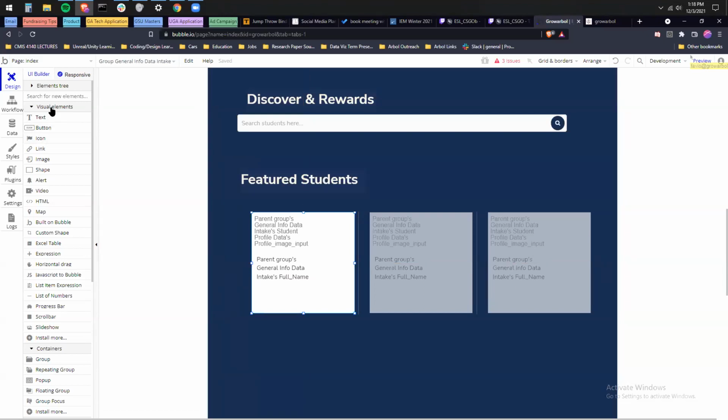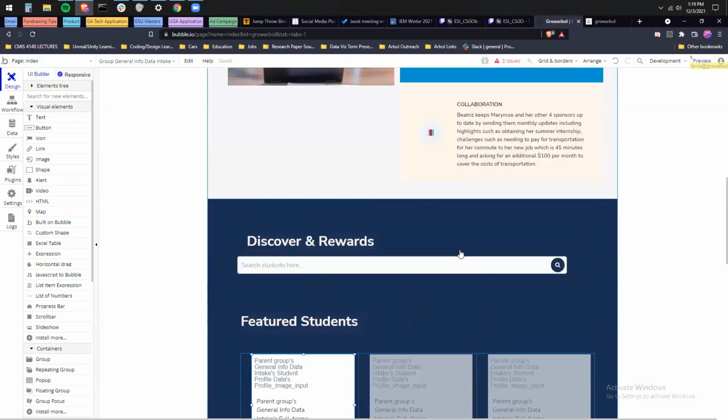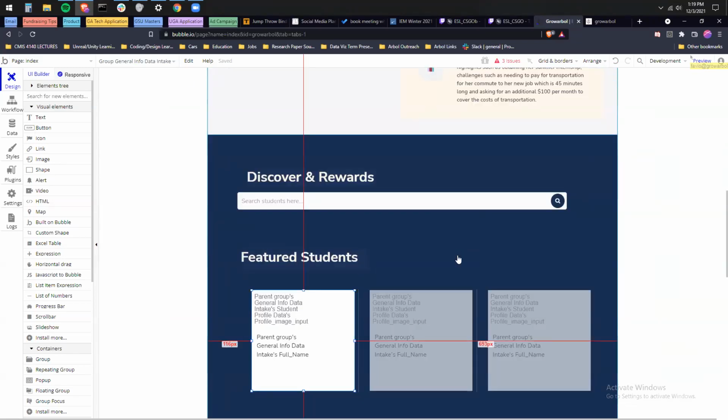So this is more like a question in theory, because we're not implementing it right now, but I just wanted to know if it was possible. On our application, we want to show the donors. The donors are going to be contributing towards students, making donations.